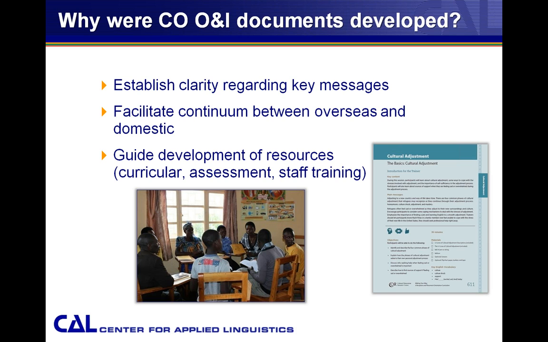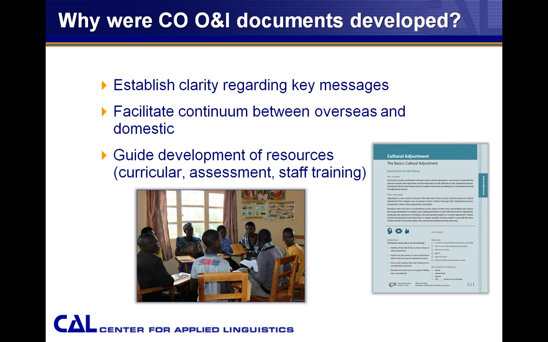And then also for our overseas colleagues to look at domestic R&P objectives and indicators and to know what comes next for refugees who are departing and starting to resettle in communities around the country. And then a third really important goal is to guide development of resources. And one of those resources is the resource that we'll be focusing on today, and that is the R&P Orientation